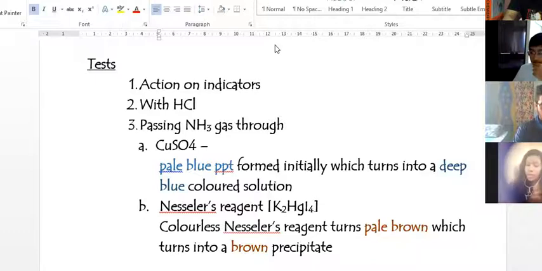Sir, in the copper sulfate solution test, are we taking ammonia gas or ammonia solution? Here we are doing it as a test for ammonia gas, but the test for ammonium hydroxide solution will also be the same. Sir, the reaction here is written with ammonia solution. So the reaction will remain the same, as I told you. You have to understand one thing: ammonia is a gas, and that gas has a high affinity for water. We have studied that.